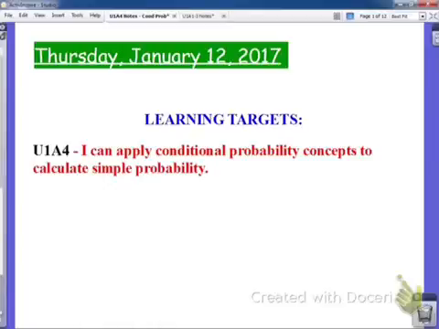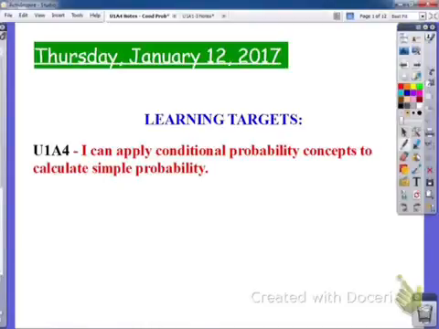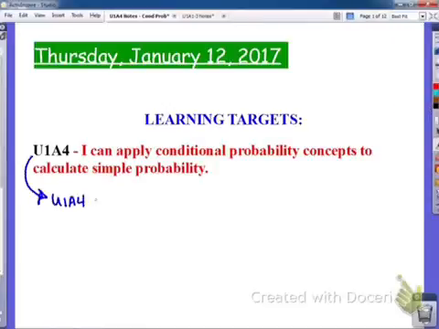Okay, so today what we're going to do is look into applying conditional probability concepts to calculate simple probability. And I'm actually going to break this into two parts. So Unit 1A4 will be this stuff in table format. And Unit 1A5 will be